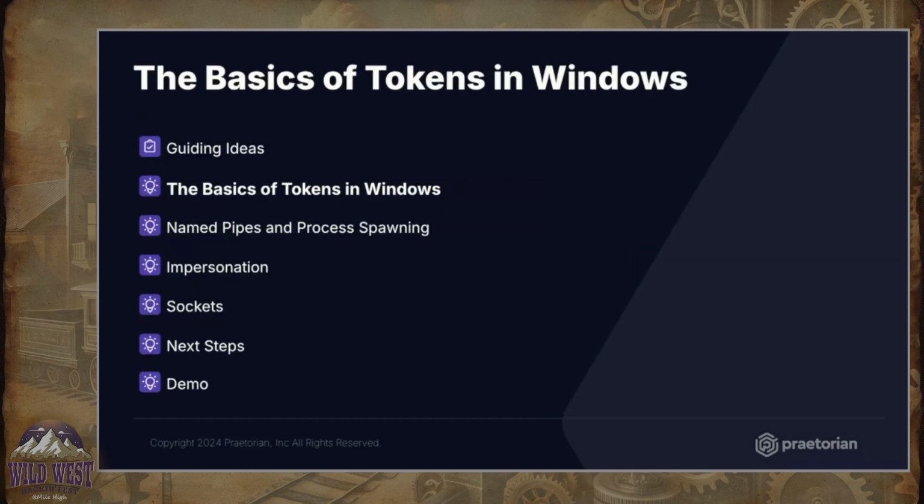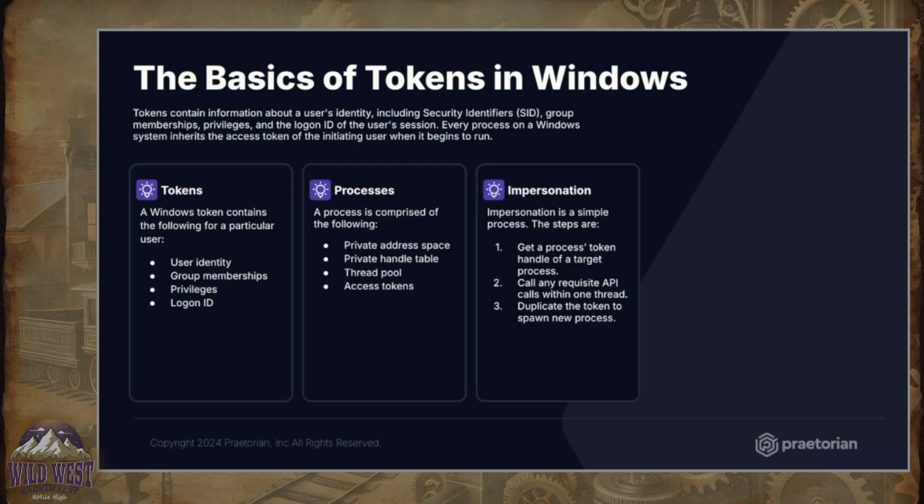Now that we understand the basic idea behind the impersonator shell, I'd like to start talking about the technical developments behind the tool, and we'll begin with the basics of tokens in Windows. A token in Windows operating systems is one of the primary session management tools that the operating system uses. A token can fundamentally be understood as a basic representation of a user and their session, right? And they contain a lot of interesting information, including the user's SID, their group membership, their privileges, and the login